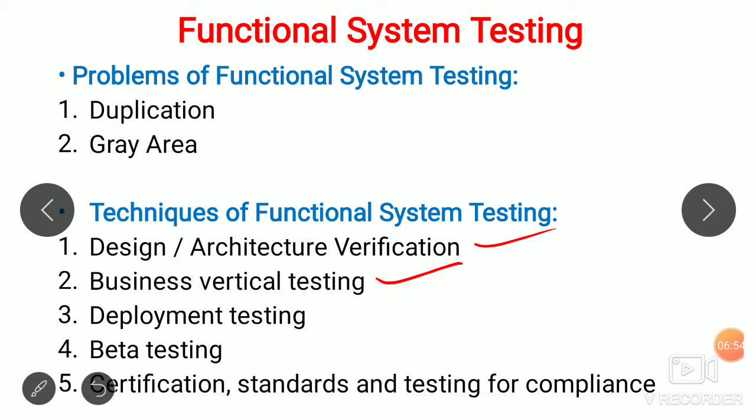Business vertical testing can be done in two ways. One is simulation and another is replication. In simulation of vertical test, the customer or the tester assumes the required process and the product is tested. In replication, customer data and process is obtained and the product is completely customized, tested, and the customized product as it was tested is released to the customer. This is all about business vertical testing.